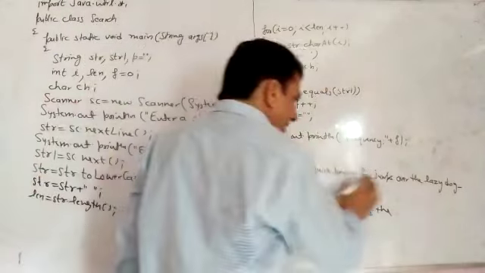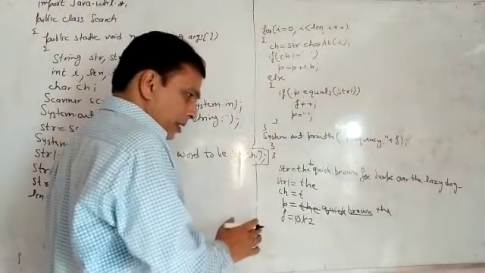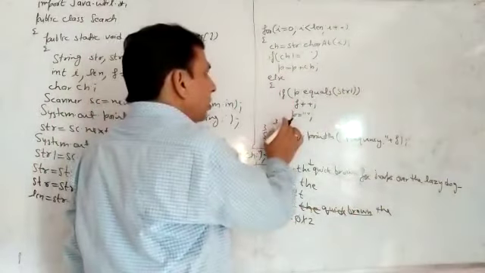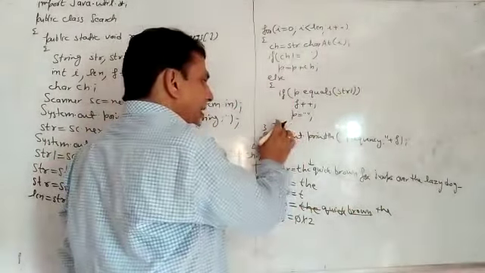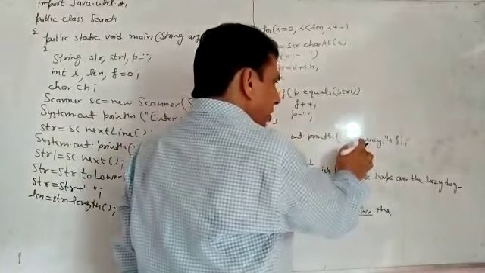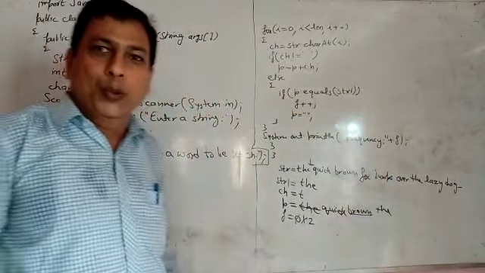So your whole sentence is finished now. What is the frequency of the search word? 2. So in this way, we can find out the frequency of a word in the given sentence. When this searching is over, with the help of System.out.println, print the frequency, print the value of f, that is 2.